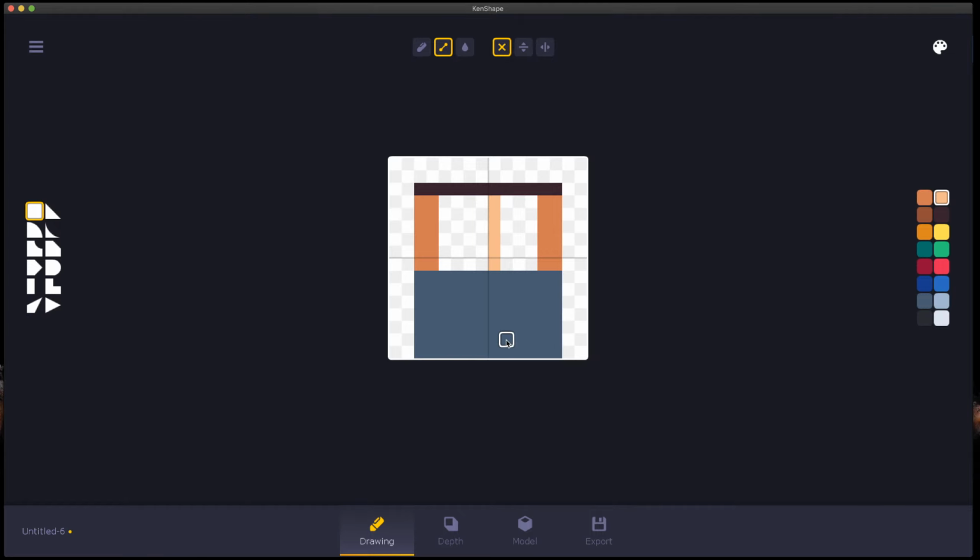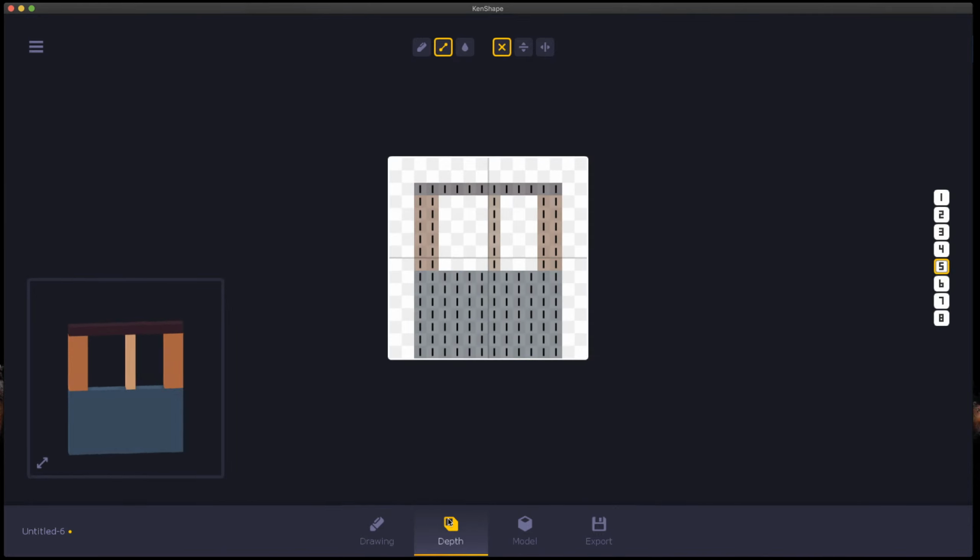This looks really bad, but let's try to fix that with some depth. So I will start by making everything with the depth of 3, like that. And then let's change this bottom part to depth of 5. Okay. Oh no. I need to do that manually. Okay. So this is version